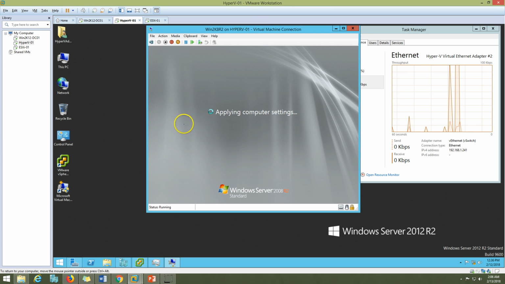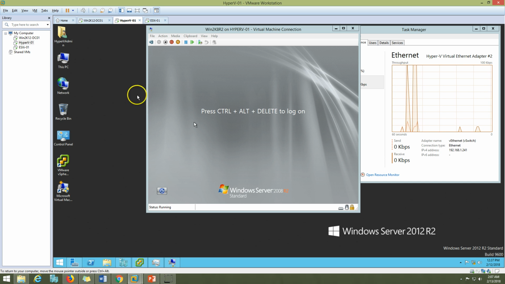Once we check this machine and verify everything looks good, we are going to migrate the second virtual machine, which is win2k12 R2. So just give some time to this machine because it's going to install all the drivers and generic drivers and everything which is used by Hyper-V now. So we are good to go. Hit Ctrl-Alt-Del,